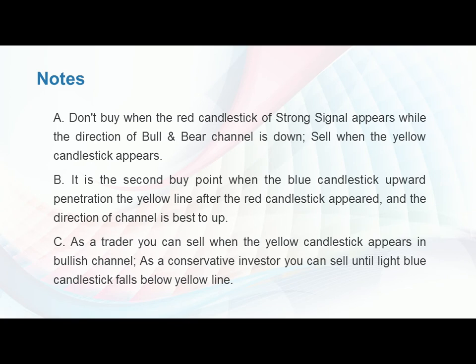The first one, don't buy when the red candlestick of strong signal appears while the direction of the bear channel is down. Sell when the yellow candlestick appears. It is the second buy point when the blue candlestick upward penetration the yellow line after the red candlestick appeared. So maybe the first red candlestick you never buy. When you see the blue candlestick upward penetration the yellow line again, this is the second buy point,